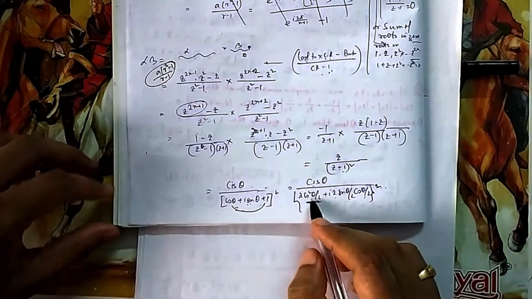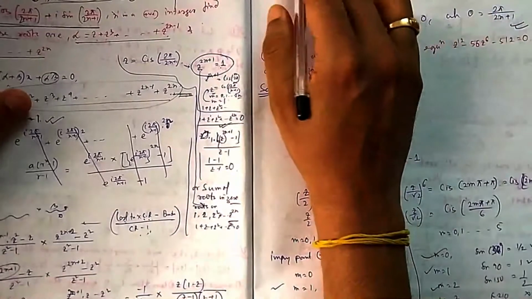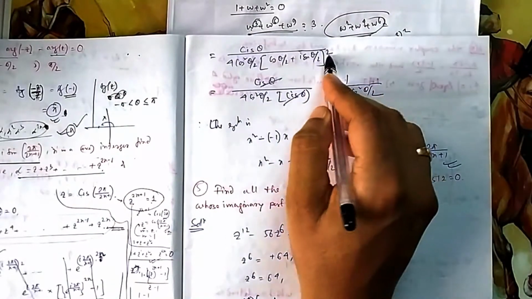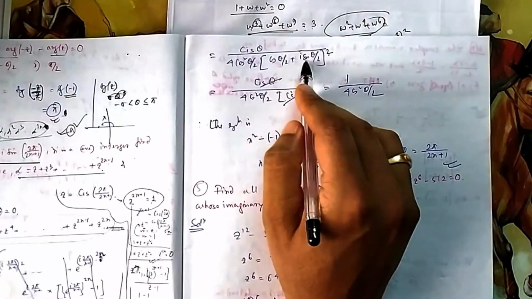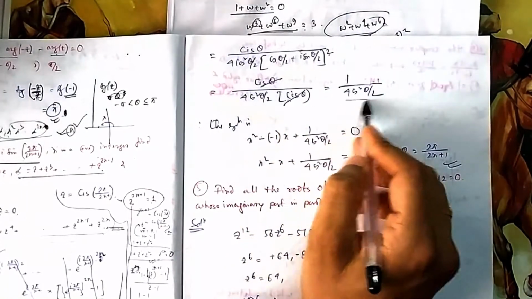In trigonometry you have seen this. So we can take cos theta by 2 out, which becomes cos square theta by 2 because it is squared. So it is of this fashion. Because it is squared, now you can apply De Moivre's theorem. So the 2 will come here, and it will be cos theta plus i sin theta, that is cis theta. So cis theta gets cancelled. You are left with this. So this is the product.